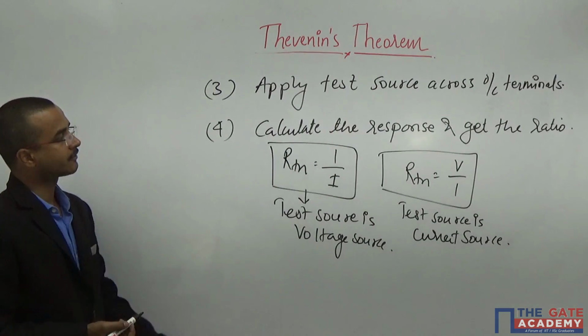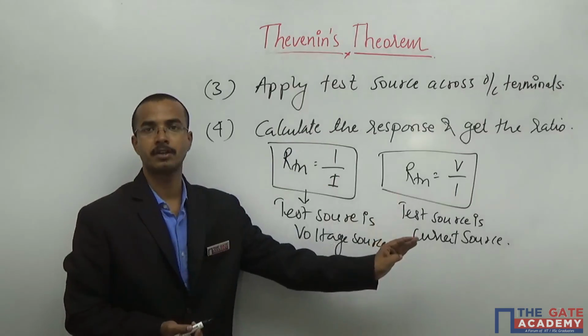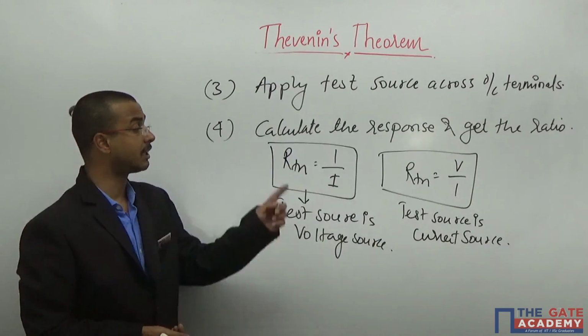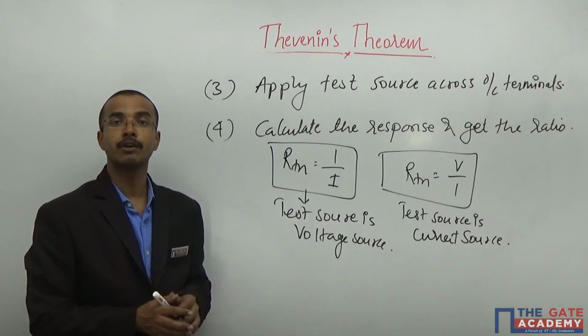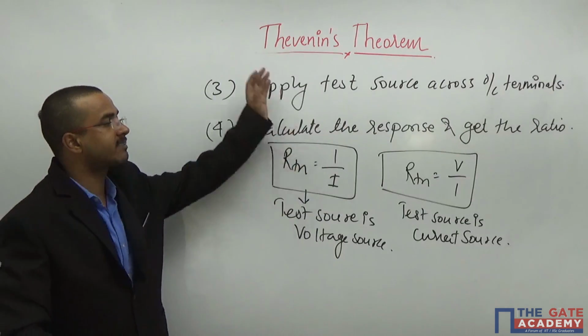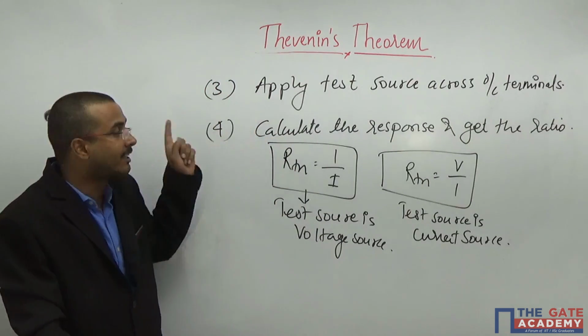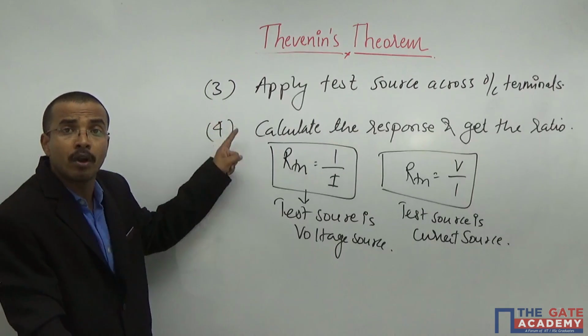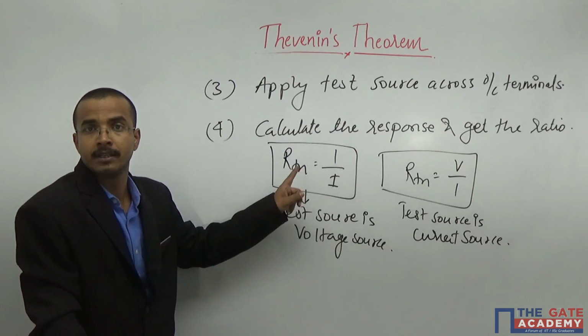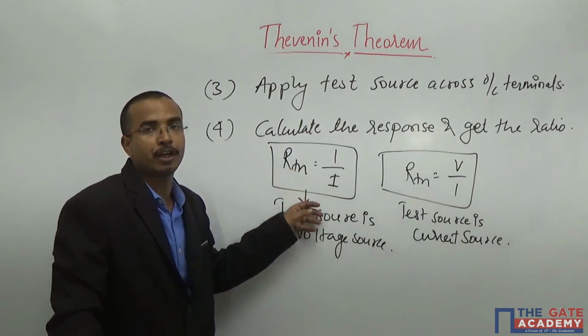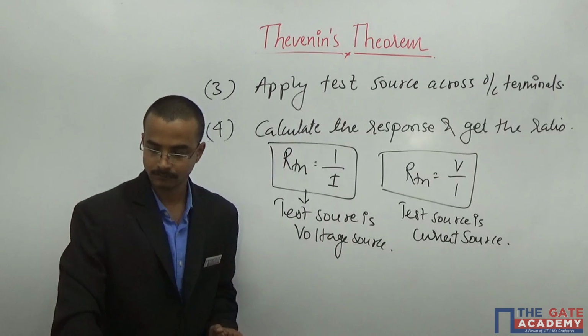Okay, and this will be my entire procedure to calculate the RTH with the dependent sources. Now you will see this is a little bit more complex than the previous case. That is why the GATE examiners are more interested in this part. Okay, and it is so much important from the GATE point of view.